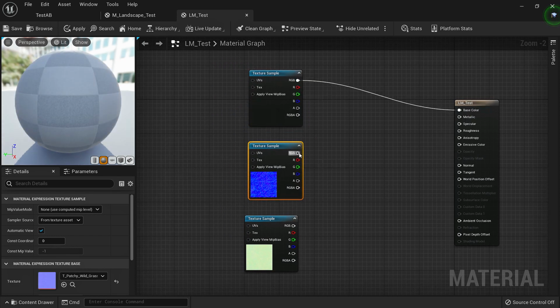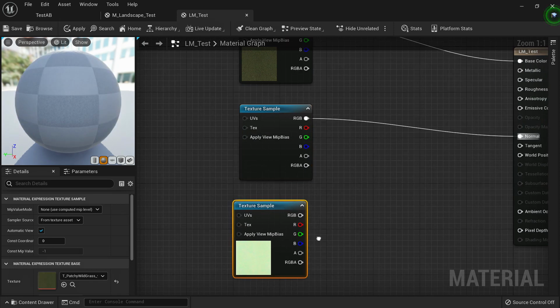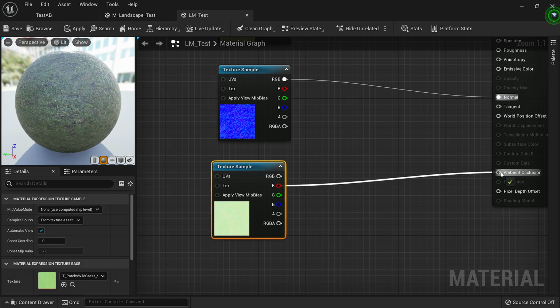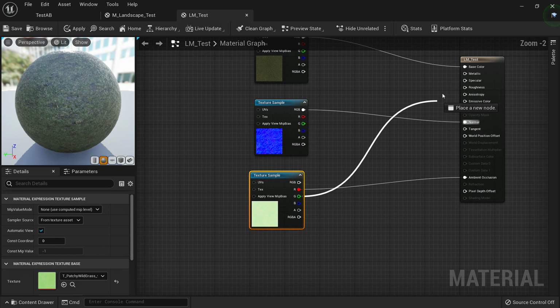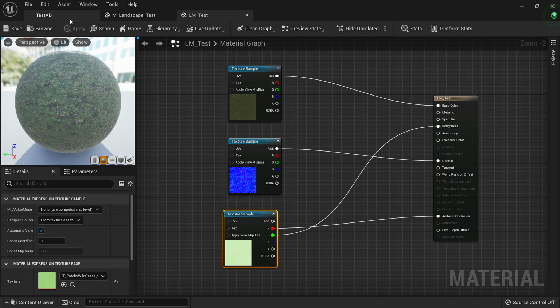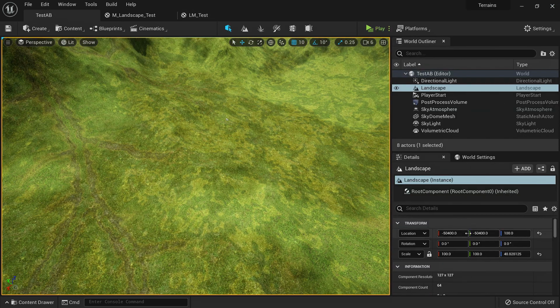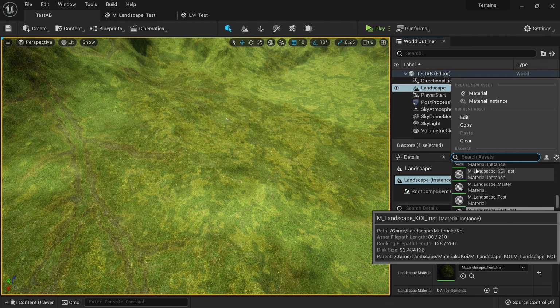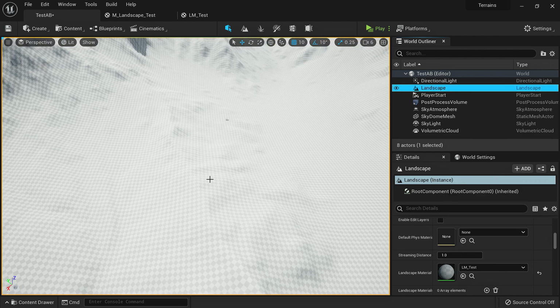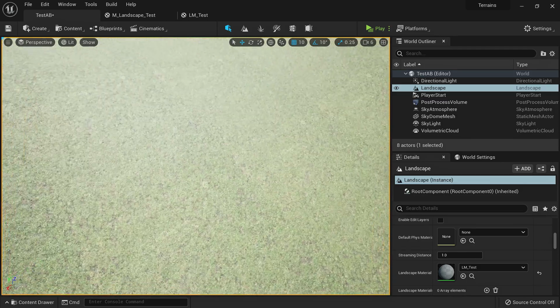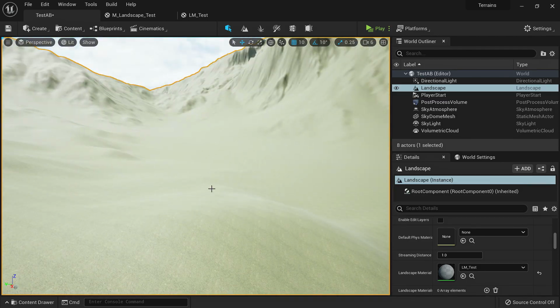The first goes in the base color, then normal, and this ORD stands for occlusion, roughness and displacement. The red color channel is our ambient occlusion, the green is our roughness and the blue is displacement, which we do not need for this one. So we'll leave it at that. By simply connecting them to our material and changing our landscape material to the one that we created just now, we get this. We get this pretty shiny material. This is from our specular light. So we'll put the specular to 0 for now.